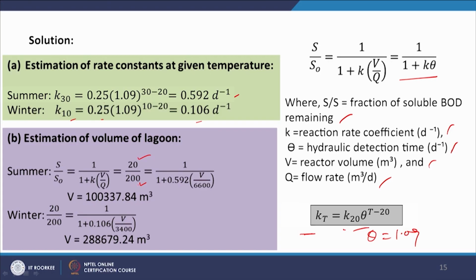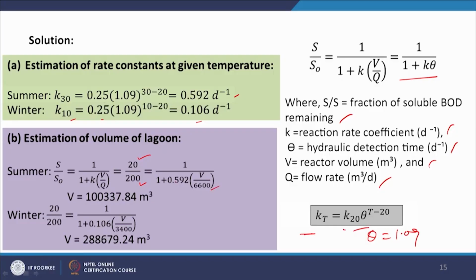So, 20 by 200 on this side, and on the right hand side 1 plus k for summer, that is 0.592, into V by Q. Q is also different in the different situations. In this case it is 6600. By putting in this value 6600 and solving this expression, we get the value of V as